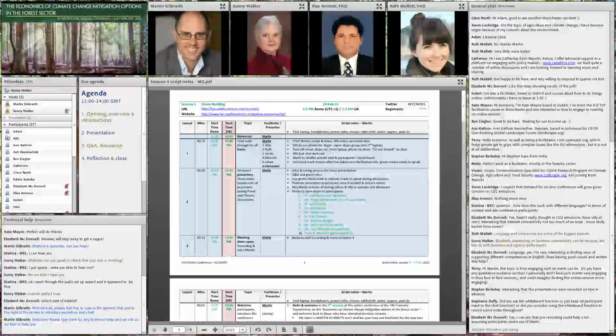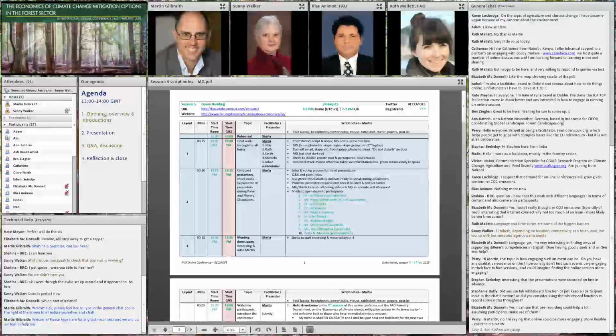And given the reduced carbon emissions and the reduced cost, obviously it's increasingly hard to justify face-to-face, particularly for such large events. I see Stephanie's asking, did we use the whiteboard function? No, we didn't